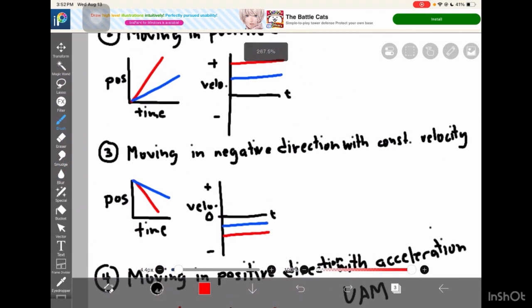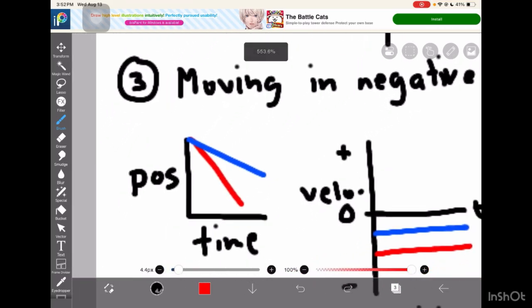The same logic can be applied here for number 3, moving in a negative direction with constant velocity. So this time, instead of the